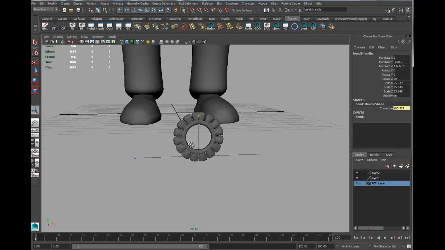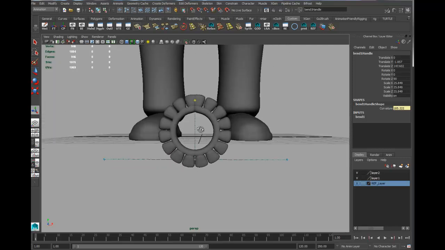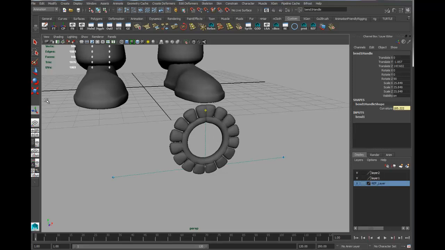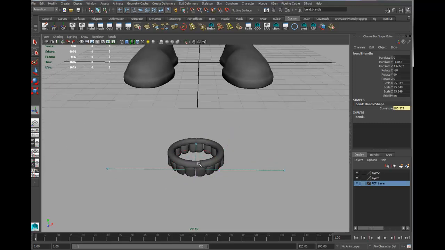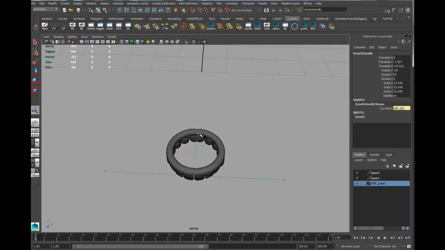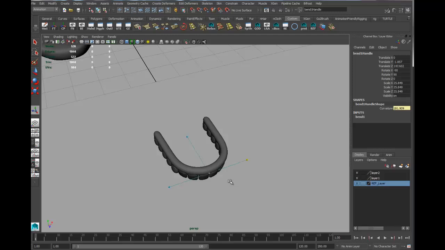I'll make my teeth touch in the back. That looks kind of cool. It's like a weird little flower thing. Anyway, if I grab my rotate tool and hold down J, I can hit this manipulator tool, and there it is again. Bending. And if I bring this to, say, here-ish, bring this one to here-ish,